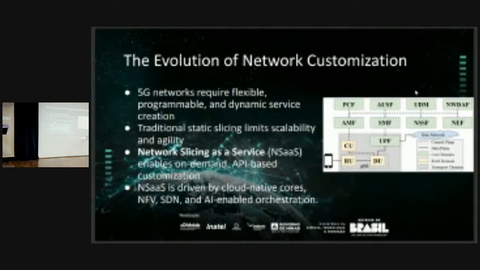And using SDN a lot, because we need different controllers for the different domains. For example, I need one controller for the RAN, another controller for the transport, or a controller for the core, and the SDN provides these concepts for the configurations. And more recently, AI for enabling the orchestrations. There are many papers about this, but in practical and experimental work there is not much.